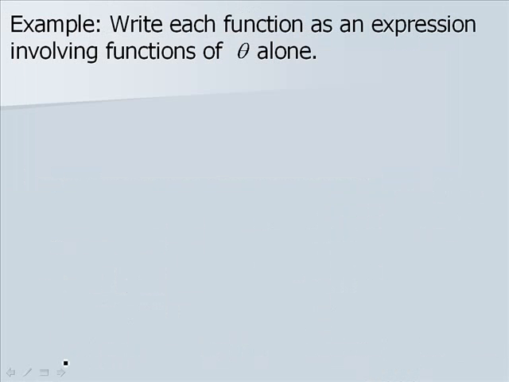Now let's look at another way we can apply these. We want to write each function as an expression involving functions of theta alone. So first we have the cosine of 180 degrees minus theta. So we'll use our sum and difference. We have cosine 180, cosine of theta, plus, sign changes, the sine of 180,